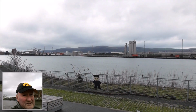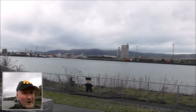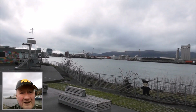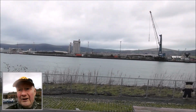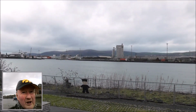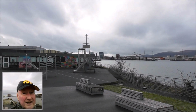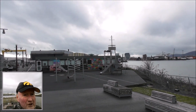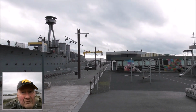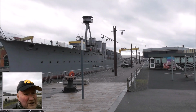Morning, it's 25th of January, it's coming up to 12 o'clock and this is where I am this morning. I'm down beside Victoria Channel and there's the coal yard and I'm panning round. There's a helicopter flying over and there's the Titanic Studios where Game of Thrones was made. There's Harland Wolff crane, one of them anyway, and there's the Caroline, HMS Caroline, the only survivor from the Battle